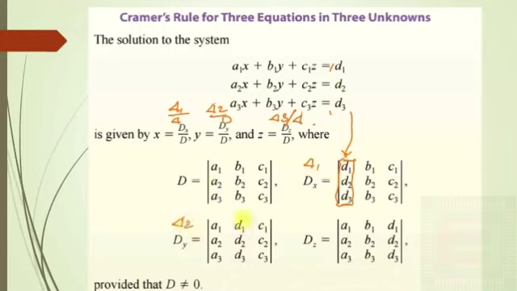Here you can see that the second column is replaced by this column matrix and you get delta 2. Similarly, the third column is replaced by the column matrix, so this is delta 3. And the solution is given by x is equal to delta 1 by delta. So first this determinant delta is evaluated, then delta 1, delta 2 and delta 3 are evaluated by replacing the first, second and third columns with this column